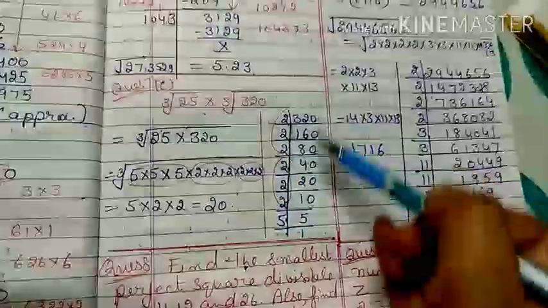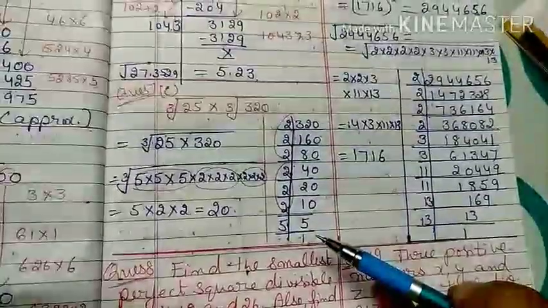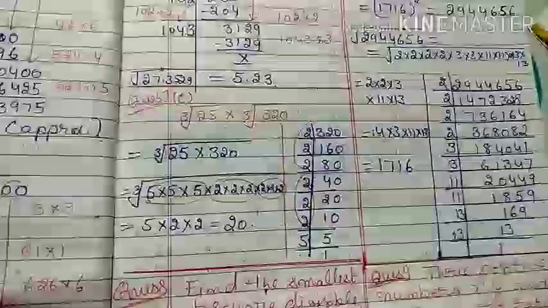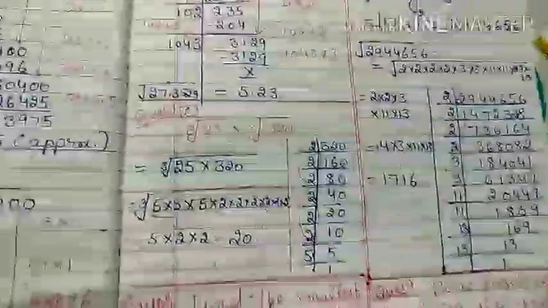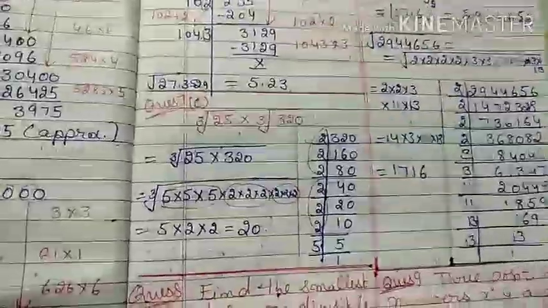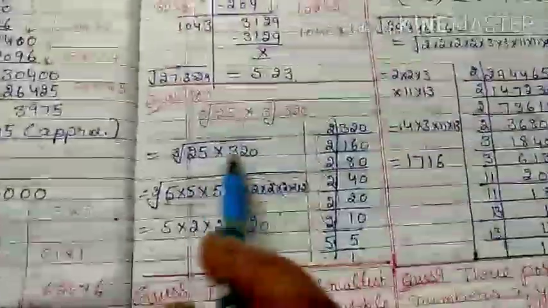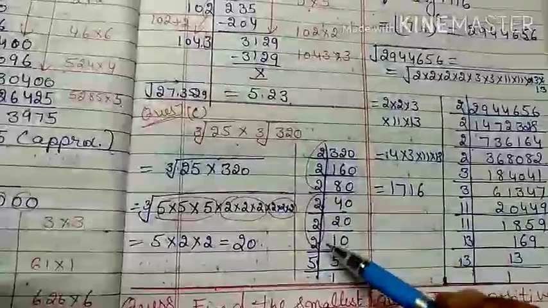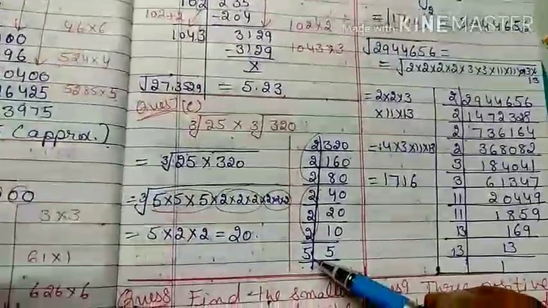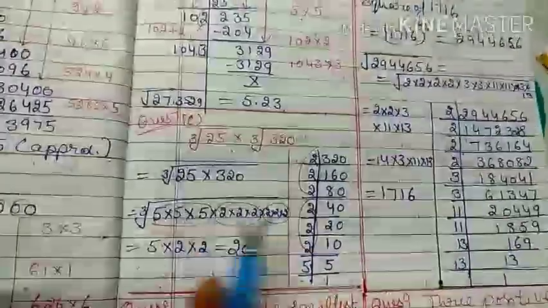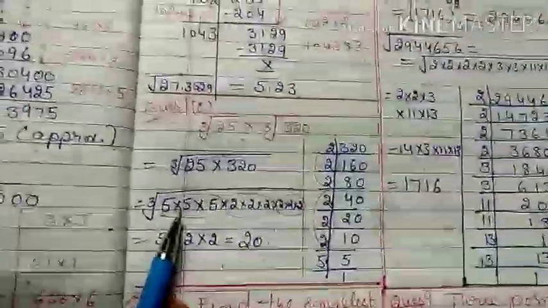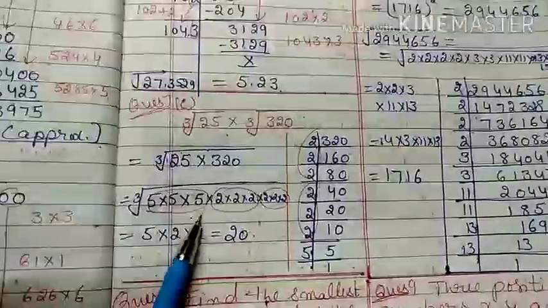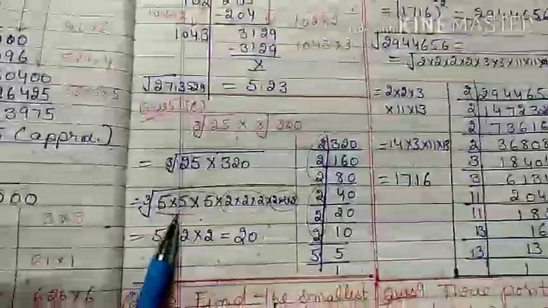First you have to go with the prime factorization of 320, and by the exponent rule we can take a common root, because if the bases are different and the power is the same, you just multiply the different bases and take a common power as cube. Now we write the factors. Here triplet of 2, triplet of 2. Now only 5 is written 1 time, but when you go with 25, that is 5 two times. When combined with the 5 of 320, it becomes a triplet of 5 also.